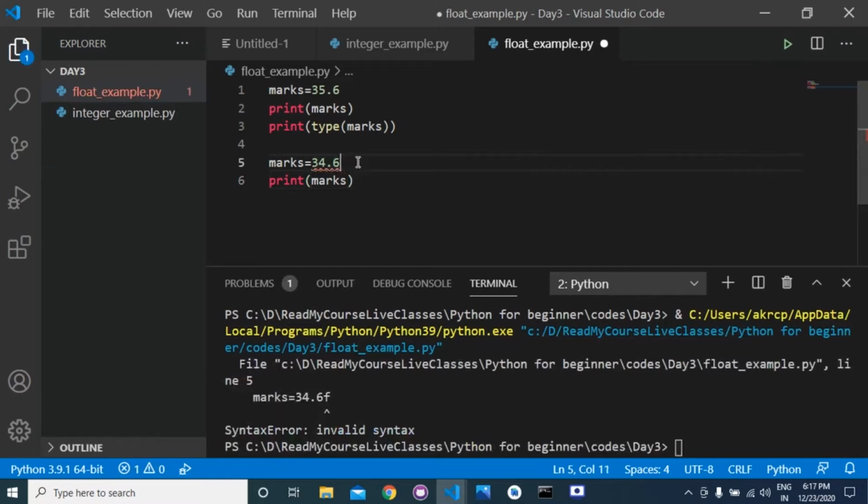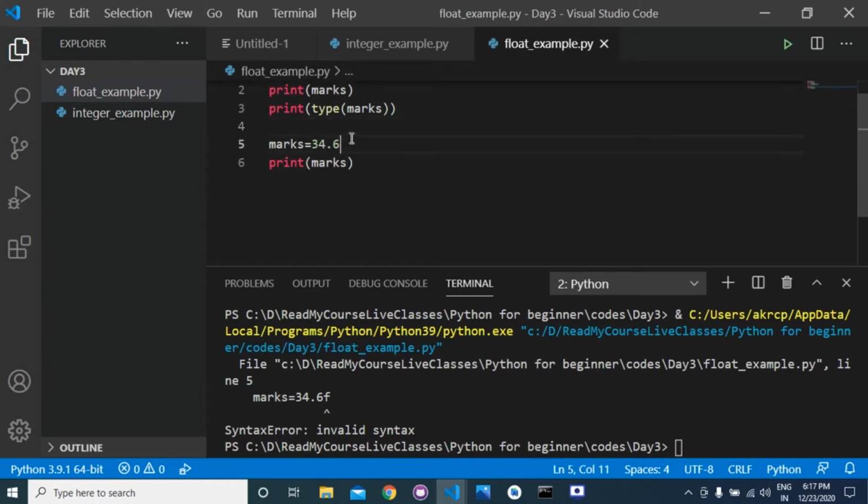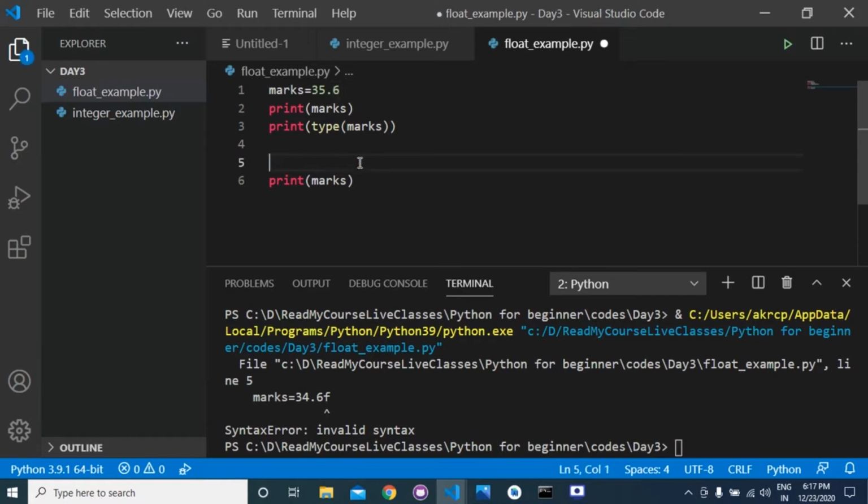Okay, so I think in the Python 3 version you cannot do that. Okay, so you cannot do that. I think it has been discontinued.